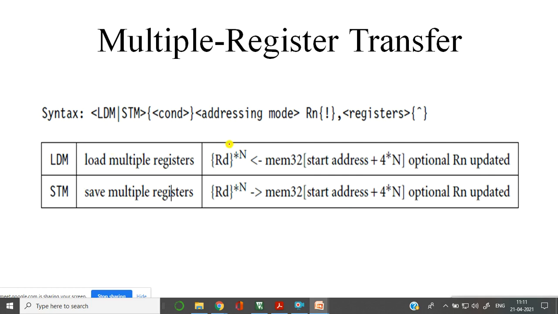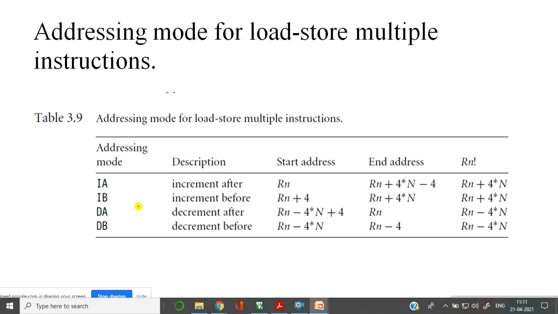So, multiple registers. Right now I fetched only a single register. If I want to fetch the data from multiple address locations to multiple registers in a single go, is it possible? Yes, it is possible.